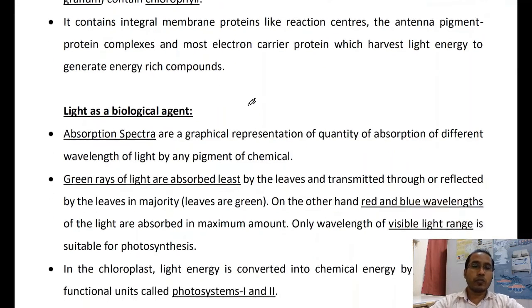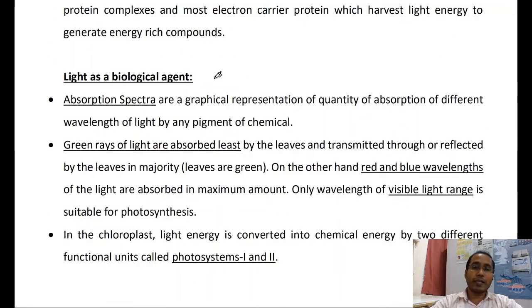Next one is light as a biological agent. Why is light important for the synthesis of carbohydrates? Absorption spectra are the graphical representation of the quantity of absorption of different wavelengths of light by any pigment or chemical. So students, remember that plants mostly use the red color for their energy consumption in the form of absorption spectra. They actually take out the electron in pairs,